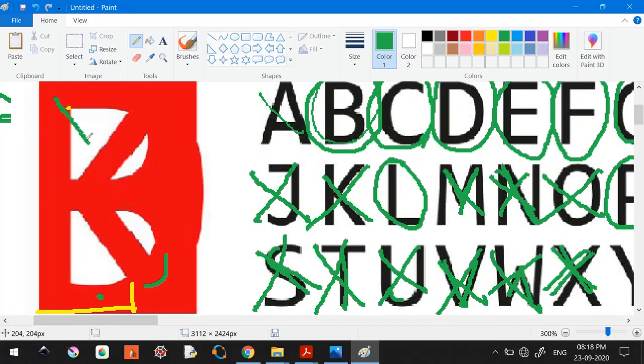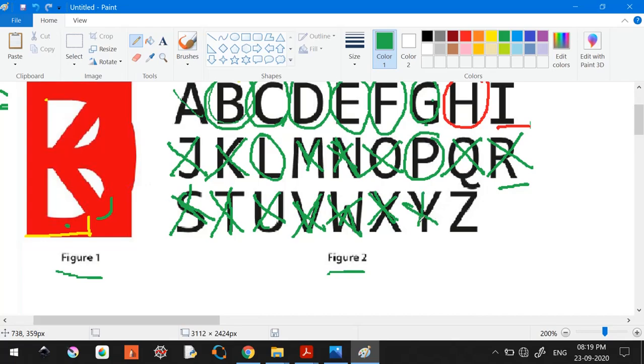Okay, and Y, Z, right? Y is also not possible. We need this kind of thing in the center, which is not visible here, and one straight line here, which is not visible. Z means you need one diagonal line. Diagonal is not visible in this direction or in this direction, so both are not visible. So yes, I can only see B, C, D, E, F, G, H, L, and P, right? Even I is not visible. So that's what I can say.